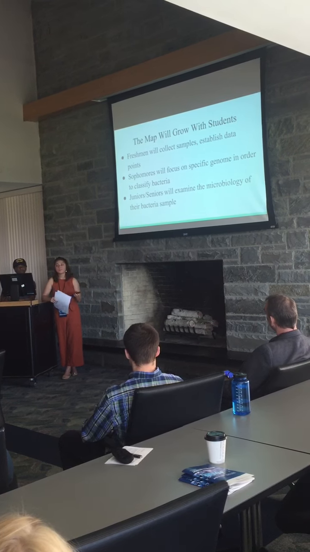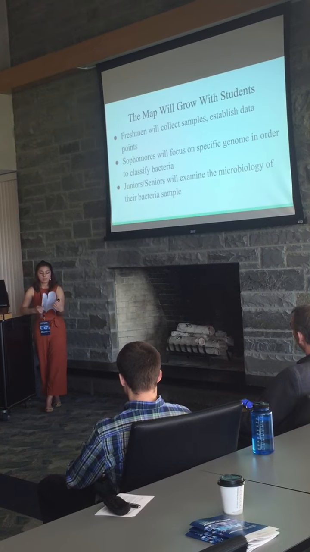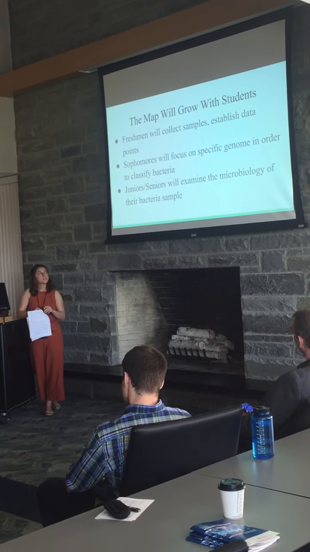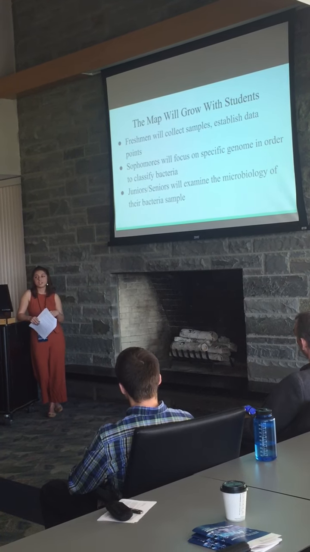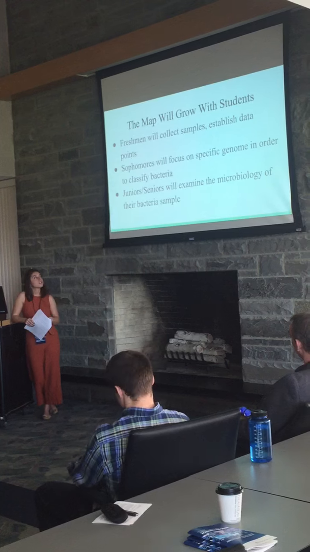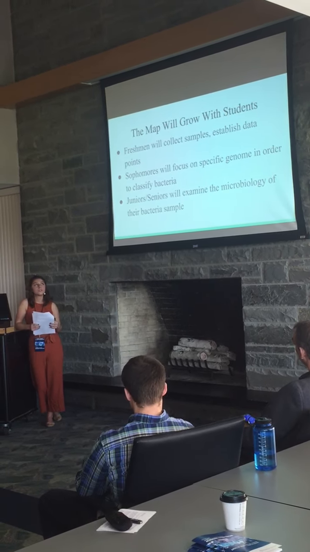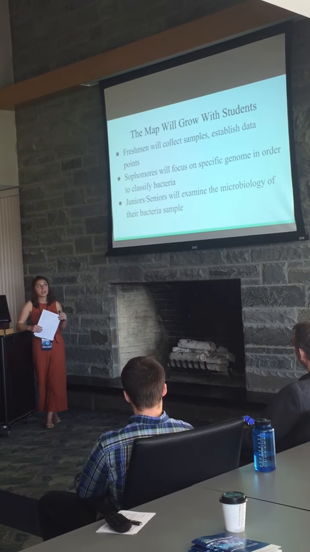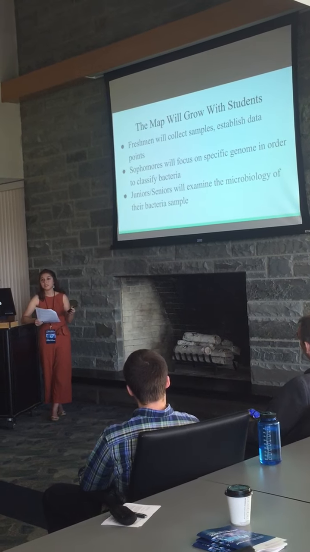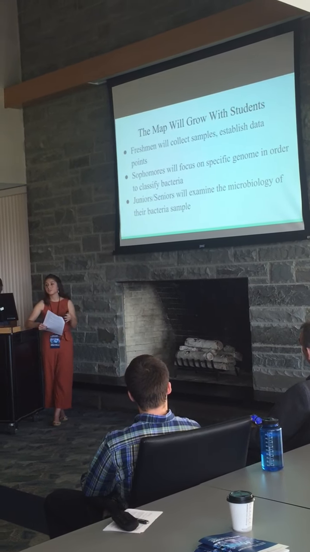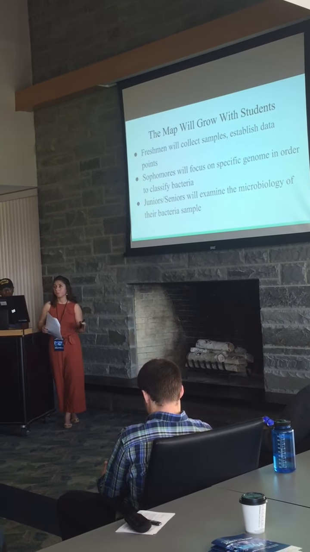Ithaca College's map will also grow with the students. So as students progress through their science classes, freshmen just collect the samples, they use PCR, they analyze the data, and initially establish if it's resistant to antibiotics or not. Sophomores will then do 16S genome sequencing, which focuses on ribosomal RNA, and this is able to classify bacteria taxonomically, so different types of bacteria, not based on resistance, just based on what type of bacteria it